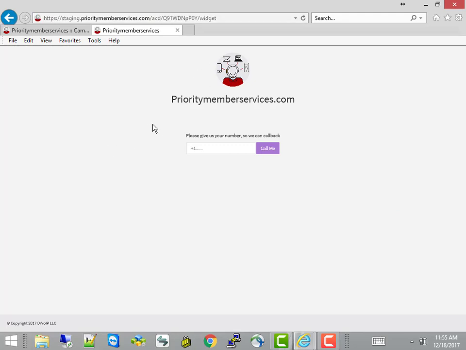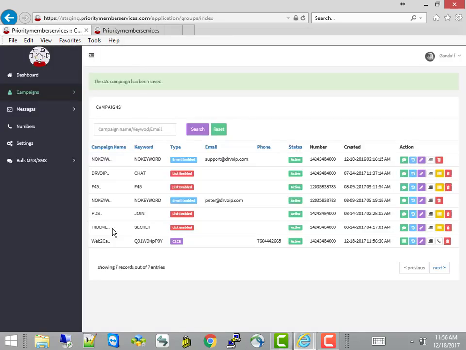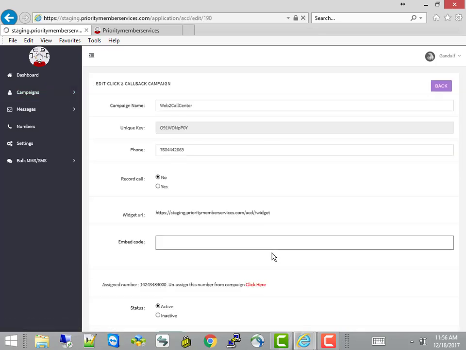Okay, so at this point, we're using our default domain name here. It says, give us the number so we can call you back. And they'll put a phone number in here, hit the call me button. At that point, the portal is going to contact the phone number that we had listed in the campaign, which is here. It will then go ahead and